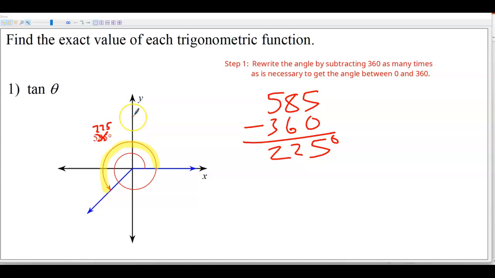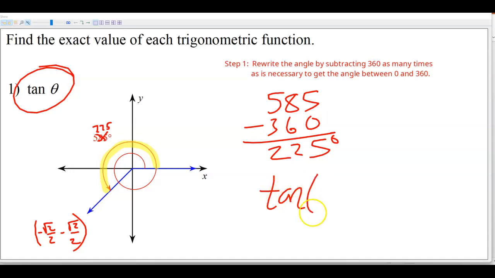So now let's look at our unit circle and let's find that spot. What are the coordinates on our unit circle for 225? Take a look at your unit circle and find out what the coordinates are there. The coordinates, as you may know, are negative square root of 2 over 2 and negative square root of 2 over 2. Now, tangent is the one that they're asking us to find. So tangent of 585 degrees is the same thing as tangent of 225 degrees, which is